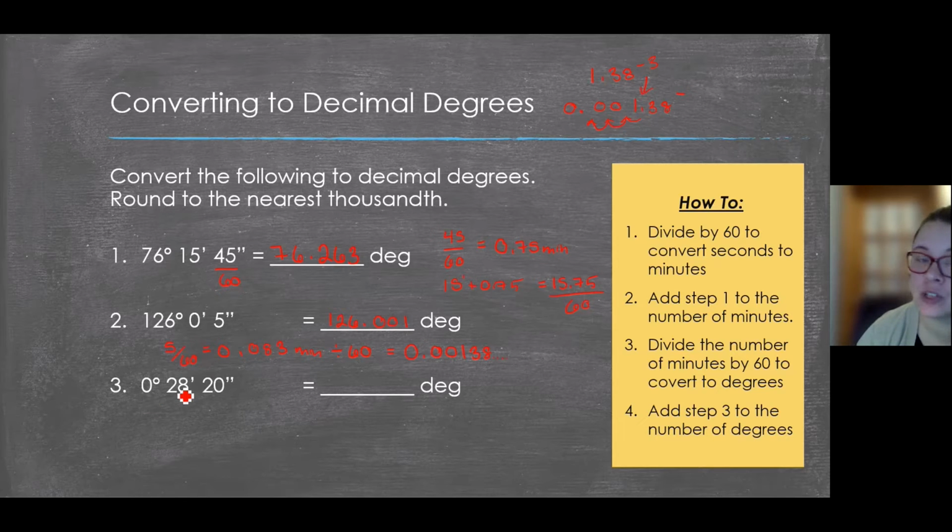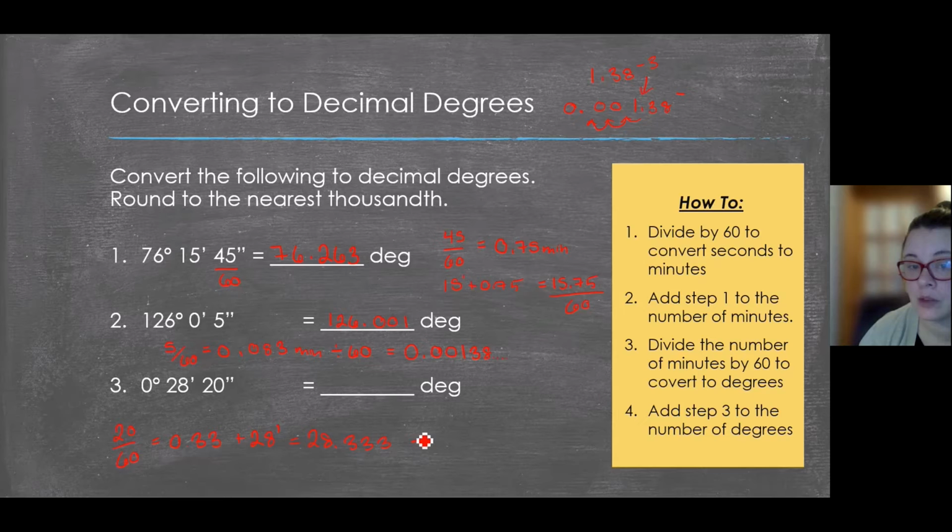This one we have 0 degrees, 28 minutes, and 20 seconds. So take our 20 seconds, divide by 60. We're going to get 0.33. Now I'm keeping all the decimals in my calculator, so you may get a little rounding variation if you don't. Plus, now we add in the minutes. So we're going to add in our 28 minutes. We hit equals, and you get